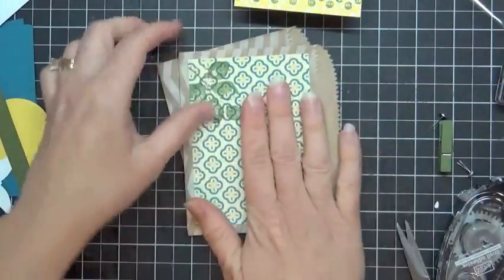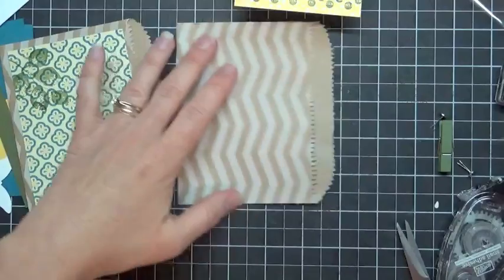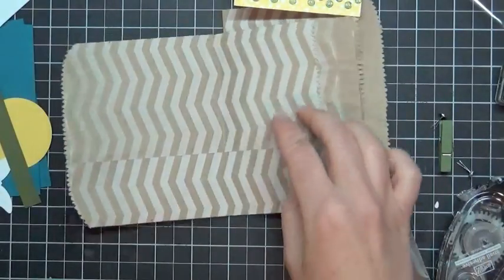If you aren't sure where to fold, you could go ahead and layer your piece of the Bloom Designer Series paper, and then go ahead and add your